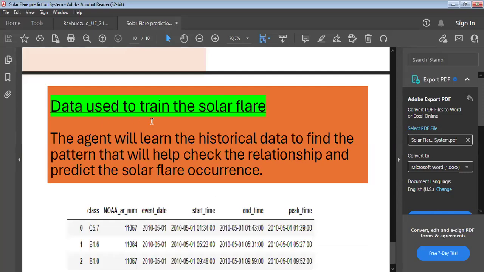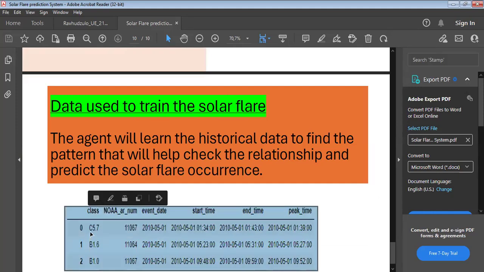And then these stars are a representation of the space. The data that is going to be used to train on the solar flare is as follows. I've taken only the first three records. Obviously, the whole data has something like 12,000 rows, and as part of the columns of that data, we've got classes.